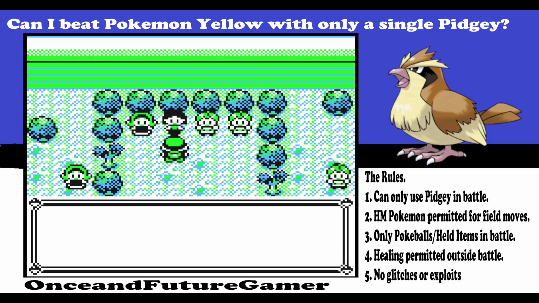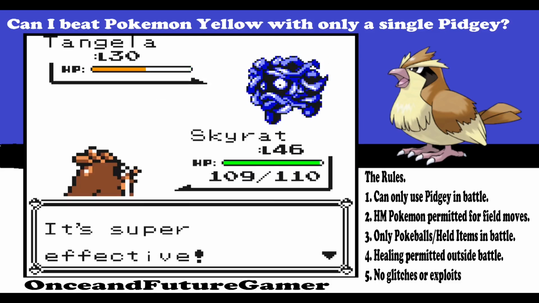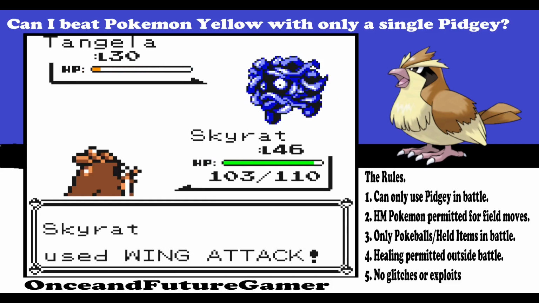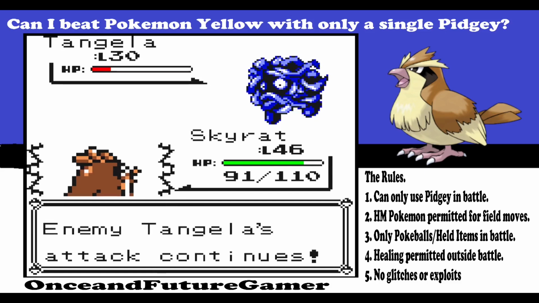I suppose there's a chance with status afflictions this goes wrong, but we'll have to see. She begins with Tangela and we hit Wing Attack. It survives and stun locks us with Bind. When we break free, we hit another Wing Attack, but it survives again and she uses a Super Potion before